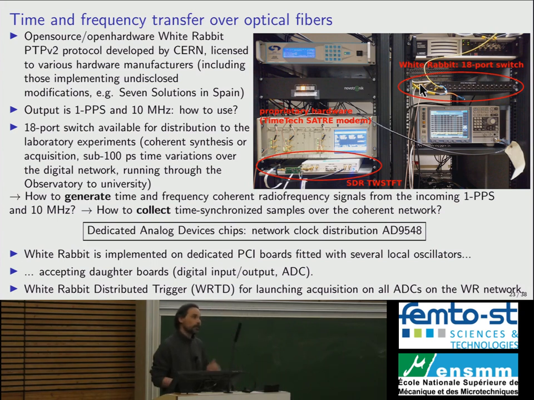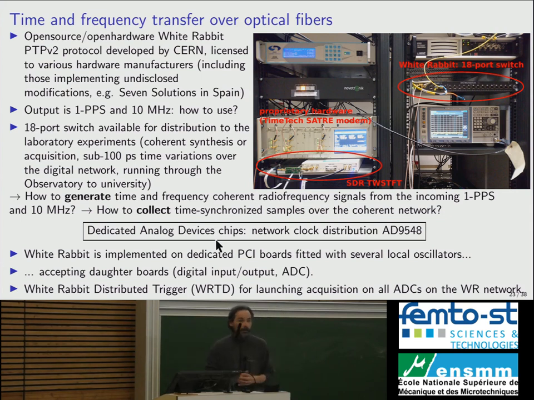My application, as I'm going to show you, is distributed radar. Maybe your application is AOM modulation or whatever, A to D conversion, distributed A to D measurement. Whatever your application, most probably it's not going to be 10 megahertz and 1 PPS. And so I've been searching for a while for how to use this 10 megahertz and 1 PPS until I